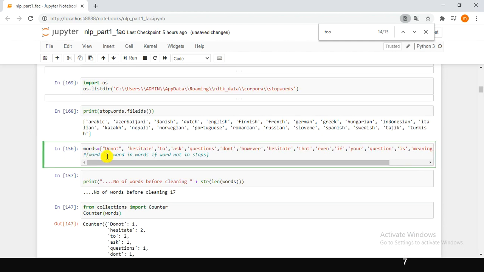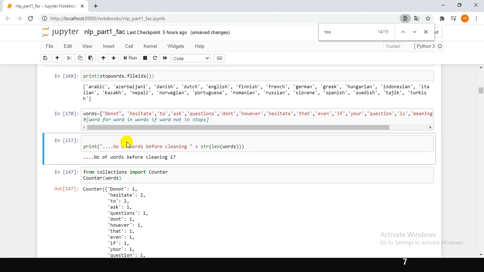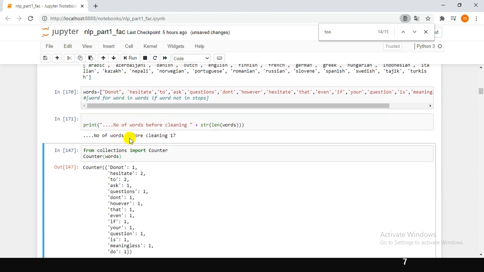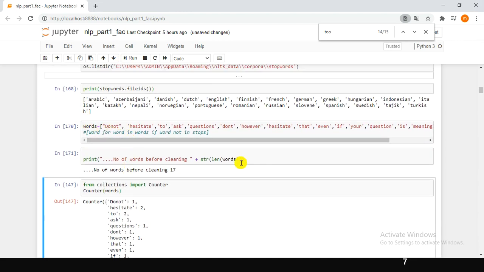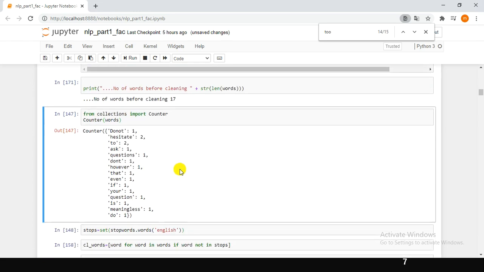Next, I defined a list called words. In this list, all the elements are strings. I just execute this, and first and foremost I want to check how many elements are there in this list. 17 elements are there. Our objective is to remove the stop words from this list. Before removing the stop words, before cleaning, there are 17 elements in the list.